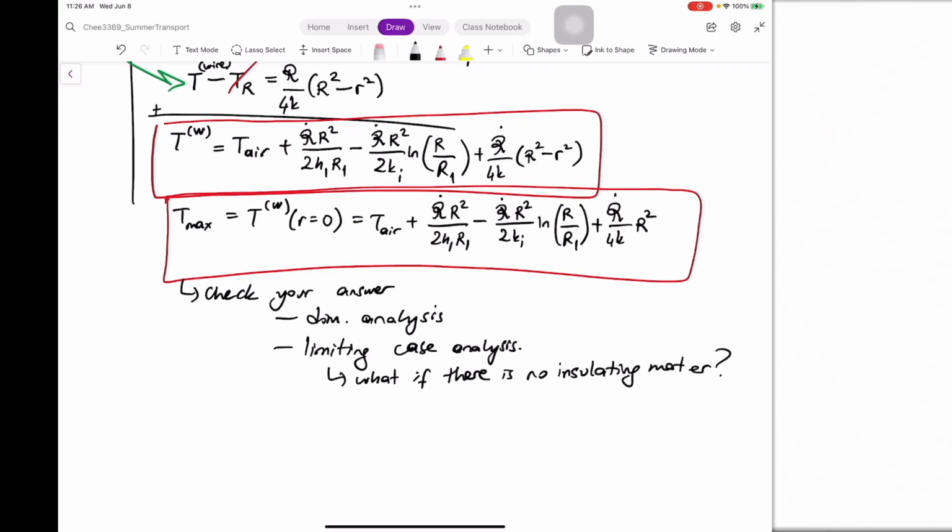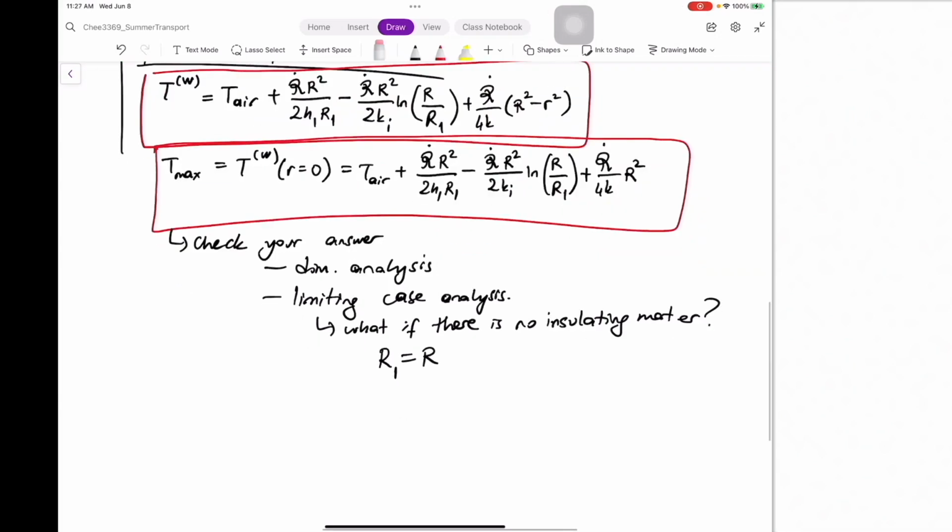You say that the R1 comes out to be equal to R, and the K_i, you don't need to talk about the K_i basically. But if you actually take this assumption, you would find, and to check whether you get the same result as before, T max comes out to be